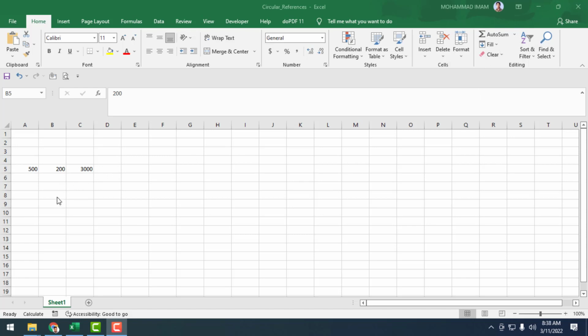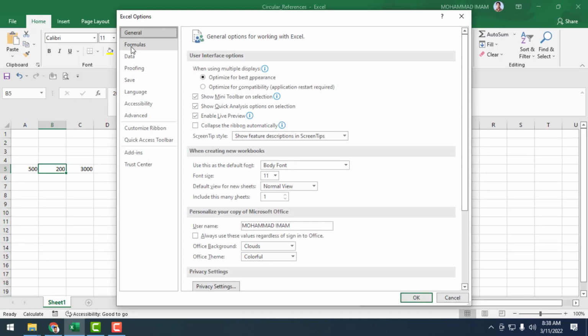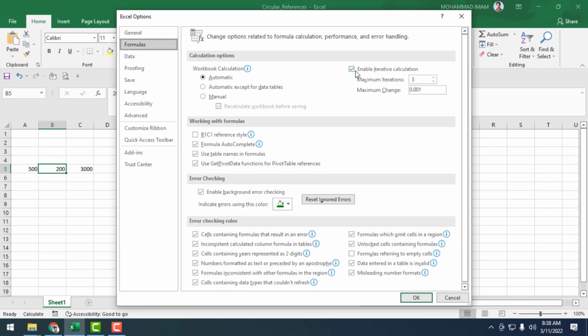A circular reference cell is actually an error, so it is better to keep it off. We go to File, then More, then Options, then Formulas, and I will turn it off, because it is actually an error.